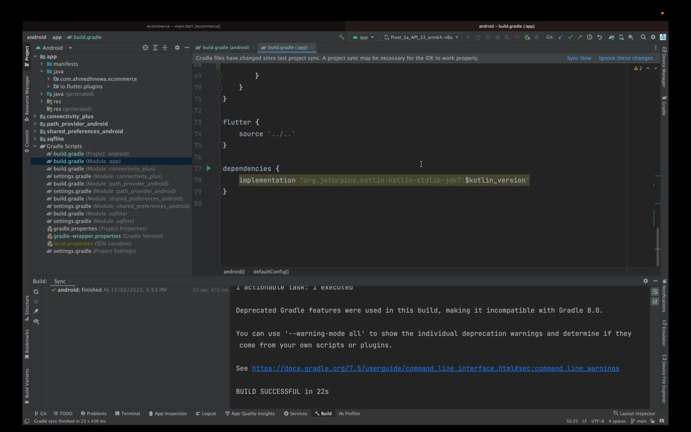But before we continue, you need to go here under the dependencies, and I will paste it here. You don't have to convert it to Kotlin syntax, because by default Flutter creates a build.gradle with a Groovy syntax, so you can use Groovy syntax. So I will click here sync now,